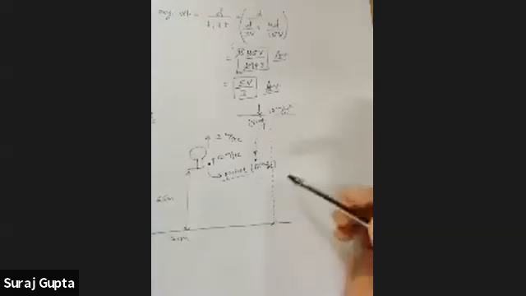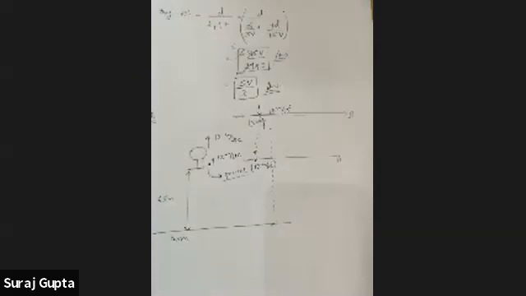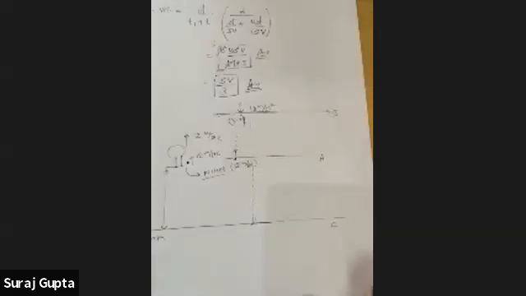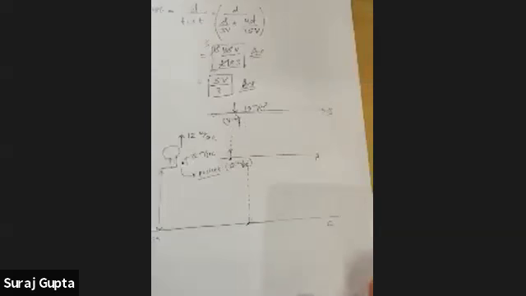So this point is A, and let's say this is the highest point where the packet goes, B, and this point is C. These are 3 points. This one is point A, this one is point B, and this one is point C. So directly what you can do, you can apply S = ut + 1/2 at² between points A and C.